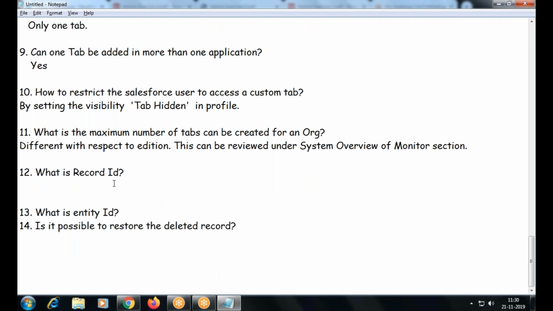What is record ID? Yes, 18 digit, which gets created automatically when a new record is inserted.